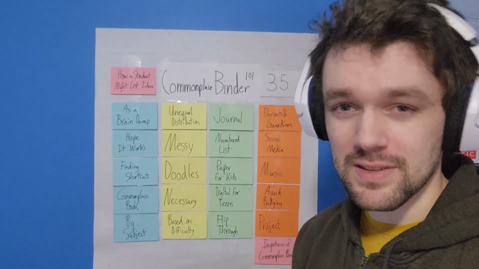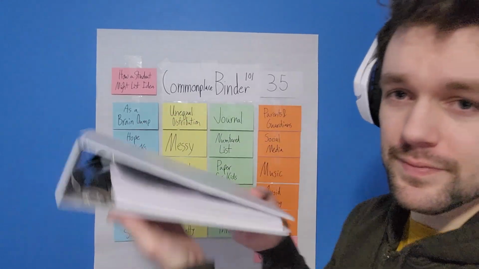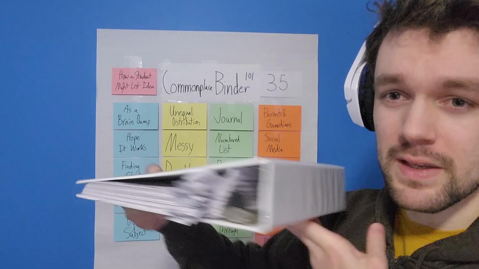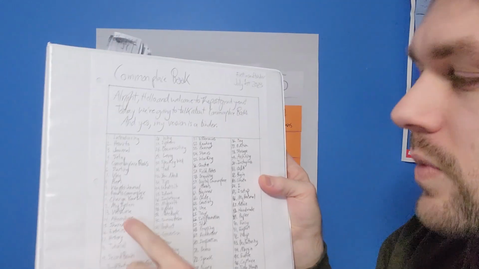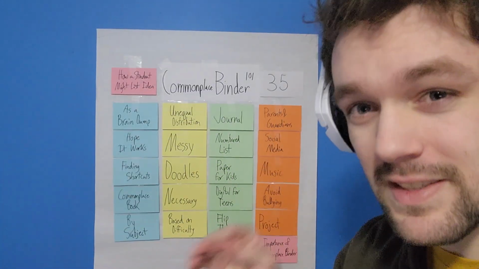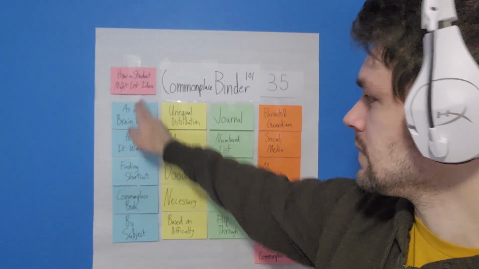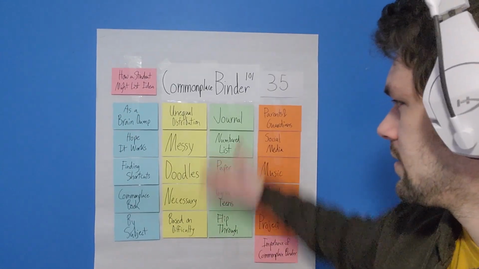Sometimes they're done by subject, not always. For example, this is my demonstration Commonplace book, Commonplace binder, and this is all about the videos that I've been making, that I will be making. We are on number 35 right now, so that is ideas. So how a student might list ideas. We grab the keyword of ideas, put that up here, and